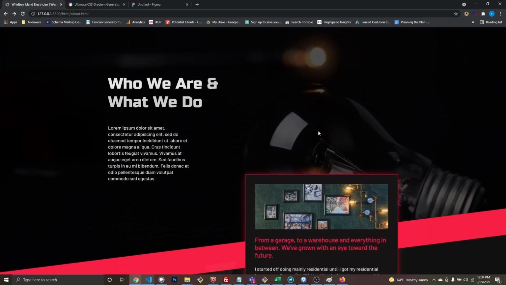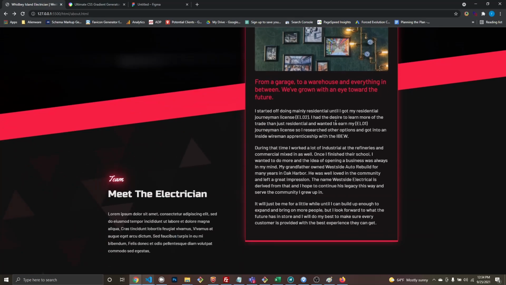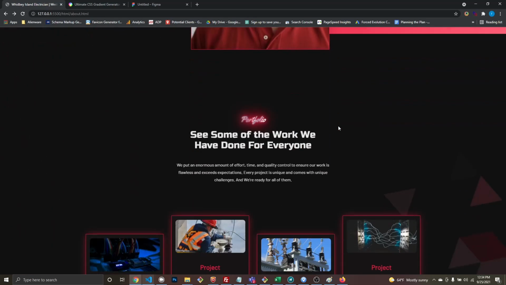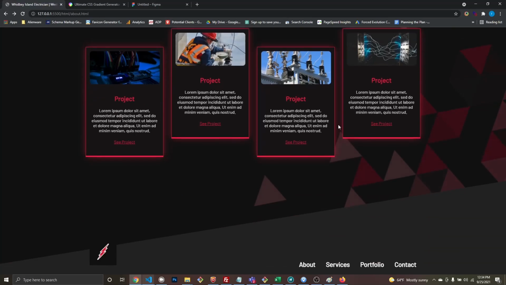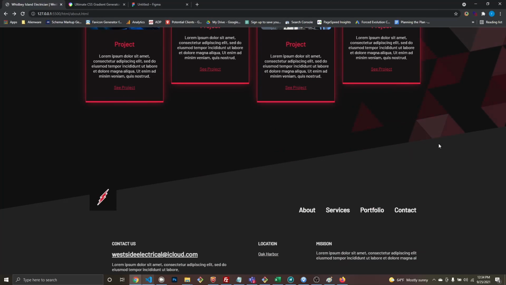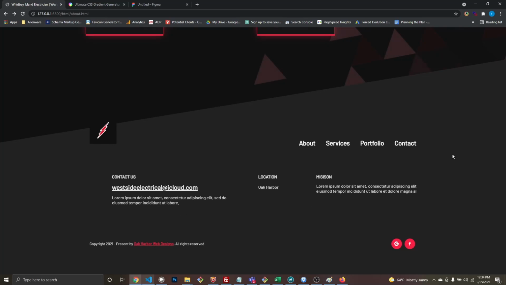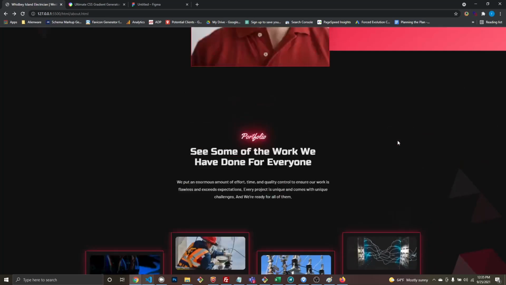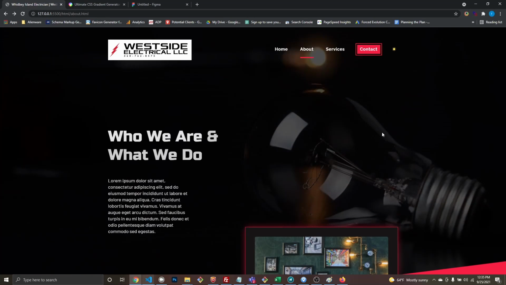I knew something was off. It didn't feel right. Okay. I like the way this lines up. So I think we can say about page done. And there we go. Now I want to move on to the portfolio